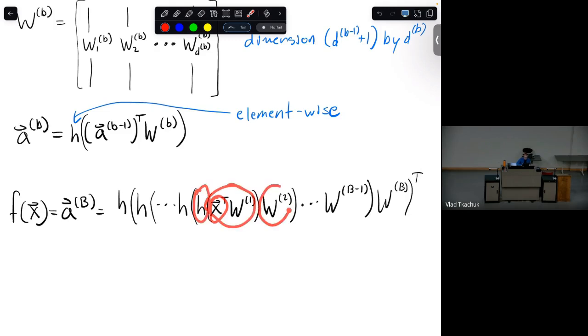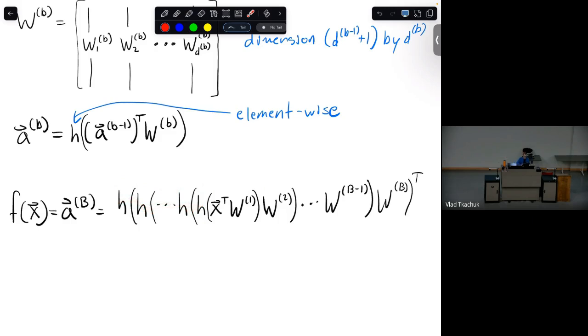You apply the linear function, you apply the activation function. And then you keep doing that until the end, and you have this giant chain of operations doing the same thing over and over and over again. And what you will find is that if you change h to just be the identity function, all these h's can go away. They just output what they've been input.